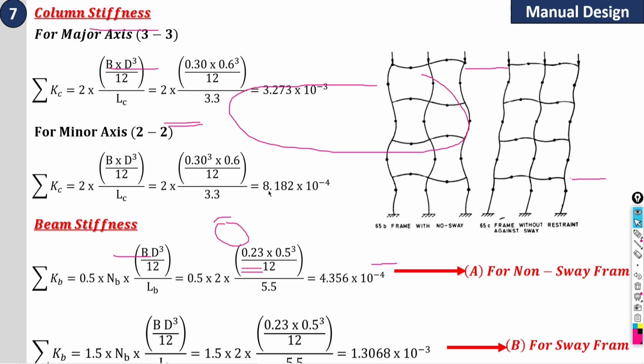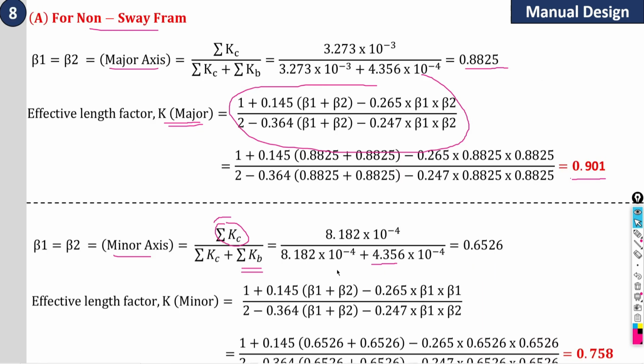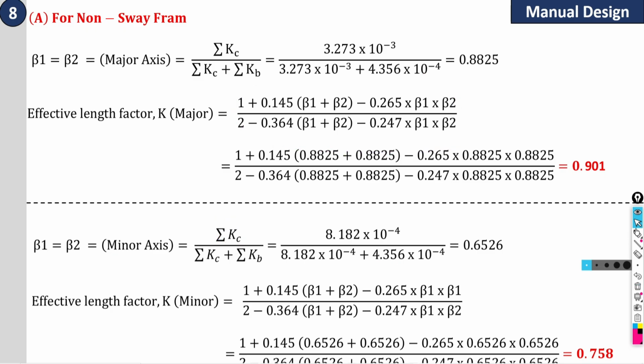For the minor axis 8.182, so I am going to consider 8.182 into 10 raised to minus 4. We are getting the calculated value as 0.6526. After putting all these values in the formula for the minor axis, we are getting the effective length factor as